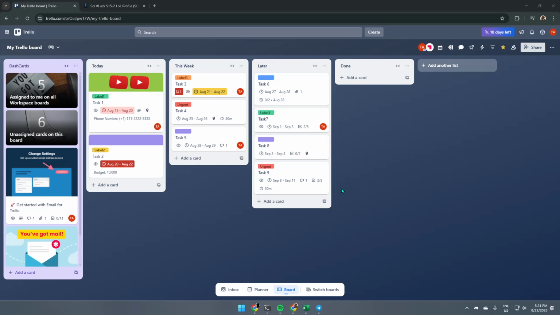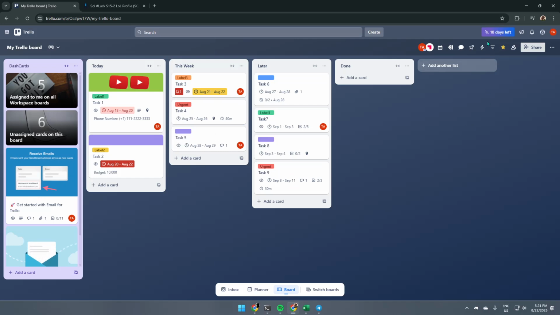In today's video, I'm going to teach you how to automatically add a checklist to a card using Trello automation. Trello is an incredible tool for organizing projects, keeping track of tasks, and ensuring that everyone on your team is on the same page. By using automation, you can streamline your workflow, saving you and your team precious time and effort. So, let's dive right in and set up an automation that will add a checklist to any new card